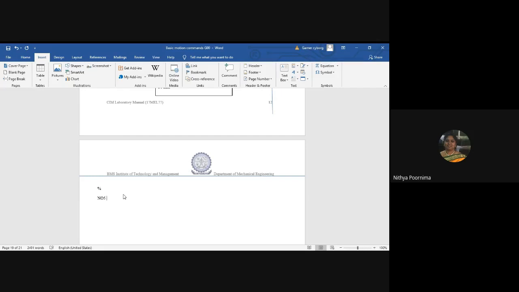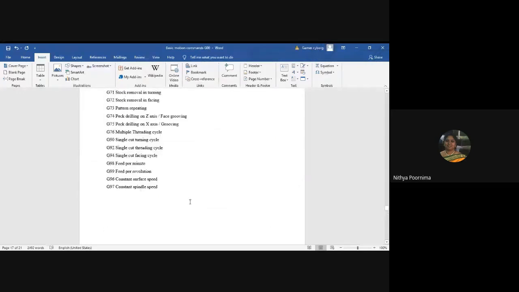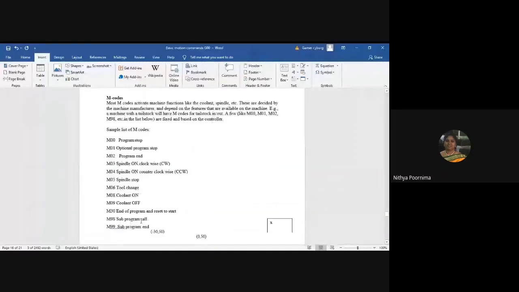Then I'm going to give G21. What is G21? Metric or incremental? What is it? It is the metric unit. Is it clear? We are going to use G21. Boys, I'm expecting an answer from you while I'm writing the program.